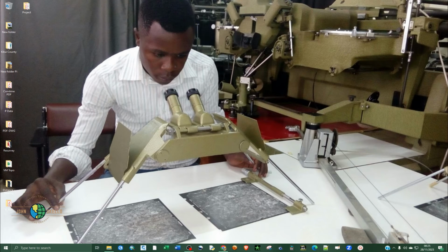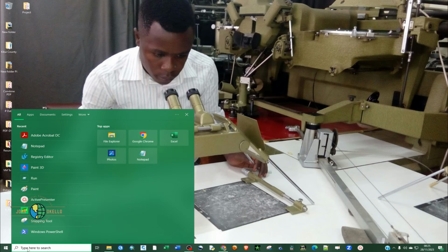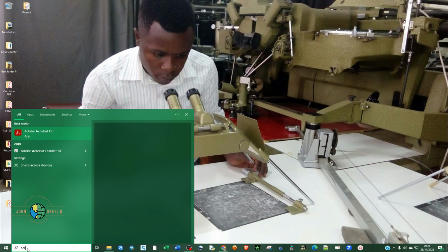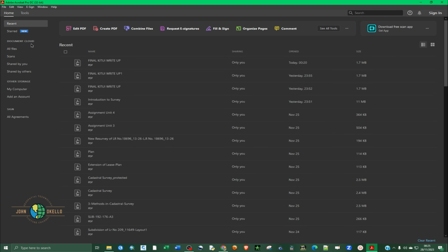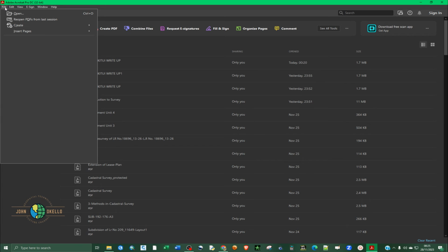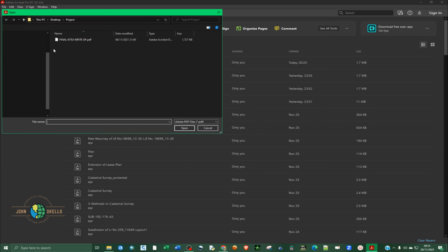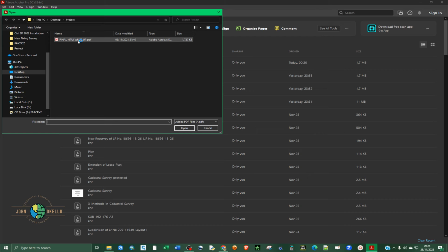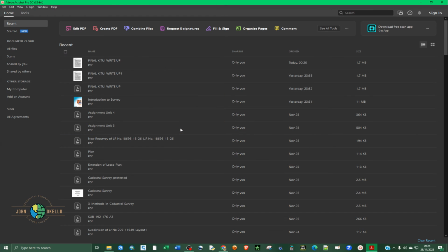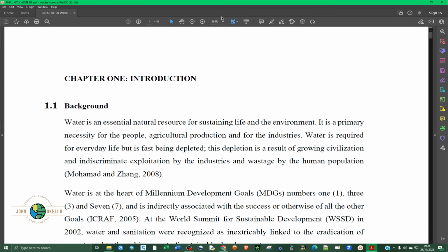And the last method today is to use Adobe Acrobat software. So if we have Adobe Acrobat, we are going to use that. So I'm just going to search Acrobat and then click on the application, go to file to import the file itself, and then choose open. So navigate to the location of your file and then select it, and then click open. So it's going to open the file,